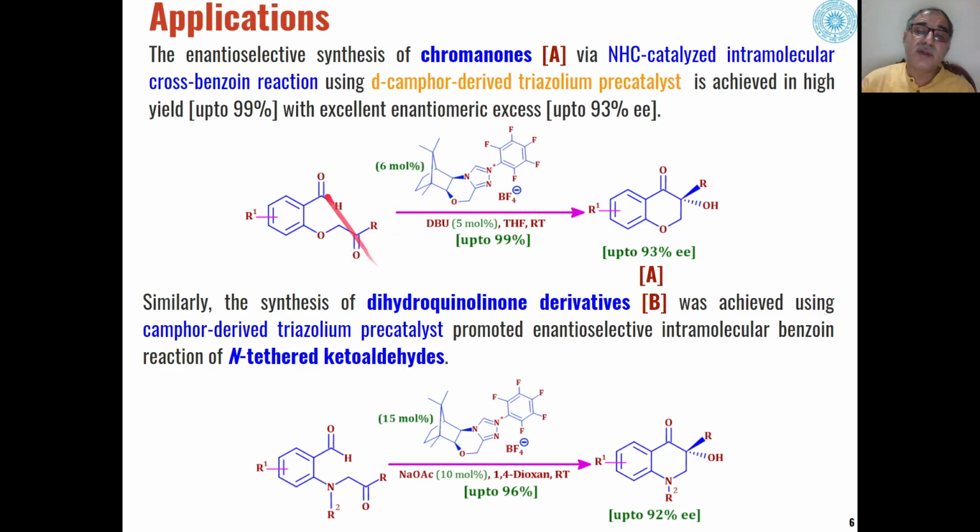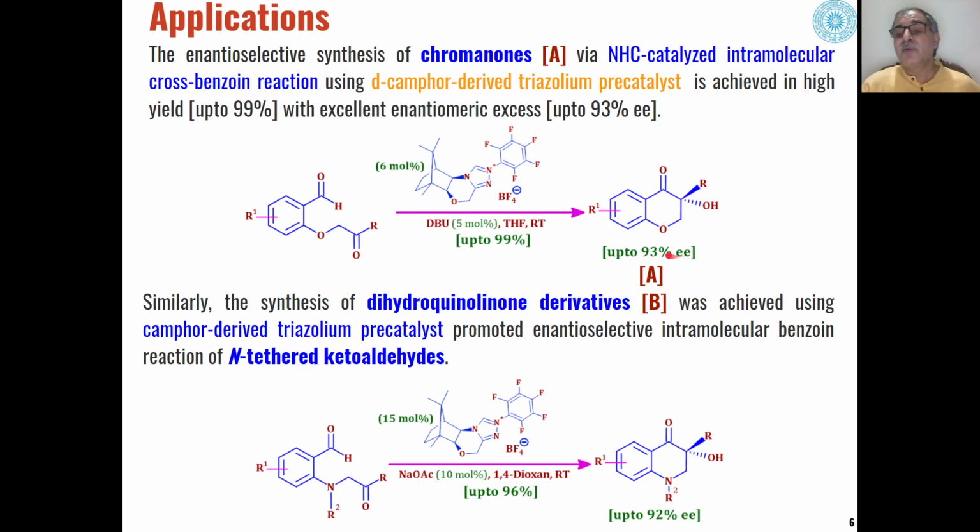These will undergo benzoin condensation in the presence of these types of camphor-derived triazolium pre-catalysts, which are chiral in nature, and in the presence of DBU as the base, we will get the enantioselective products, where the enantioselectivity